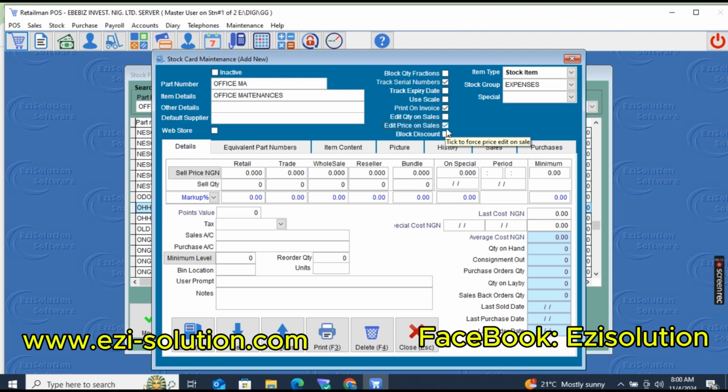Then if it's a fully configured one, say you have an amount already in the system and you don't want any other staff to be able to modify that, you remove this option, then you fix in the amount. But you must take note, the amount must be in minus sign. That means I am fixing the amount directly. Then if I don't want to fix anything, I'll leave it empty, but you will mark here,